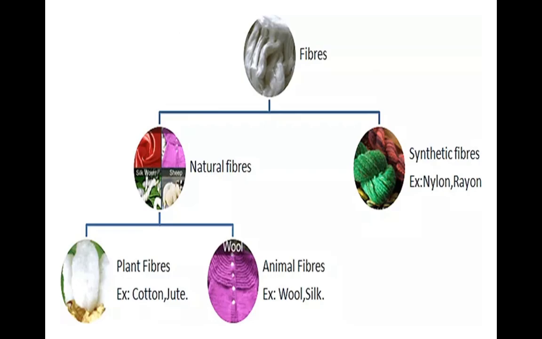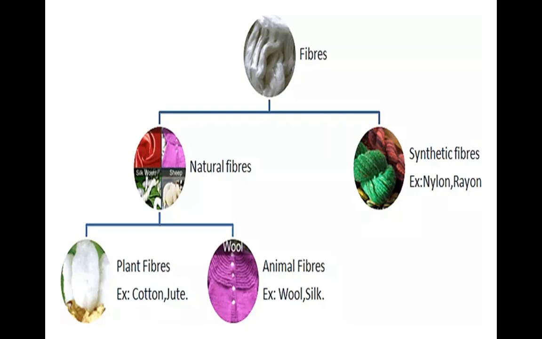In the first session we are going to learn only the introduction part, that is, what are synthetic fibers. Only that point we are going to learn. We all know that the clothes which we wear are made up of fabrics, correct? And the fabrics are made up of the fibers obtained from natural and artificial sources. Maybe we have learned in 6th and 7th standard about fibers, fabric, yarn and clothes.